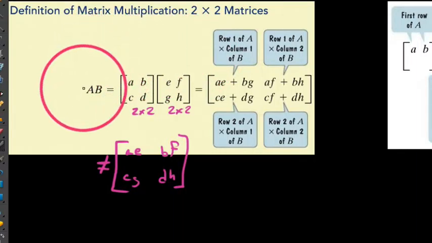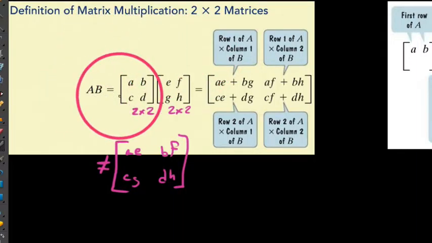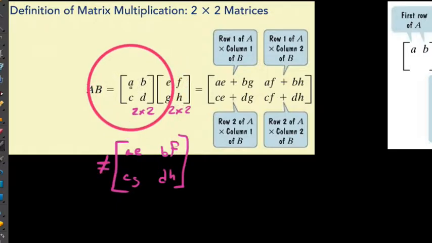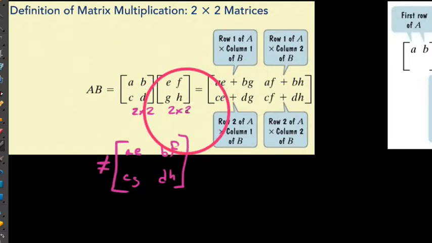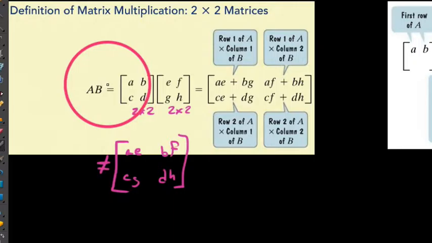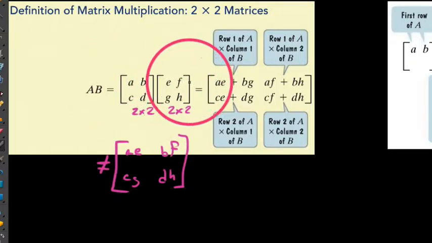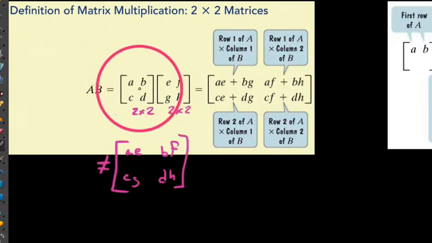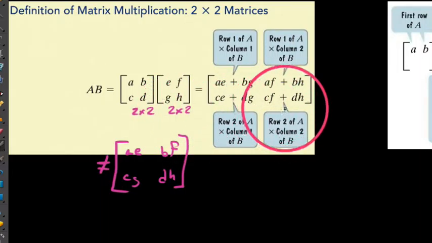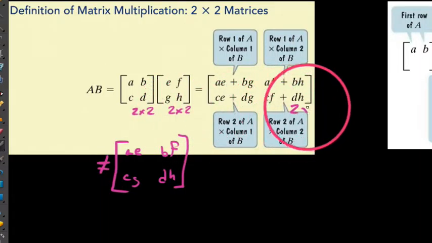Taking a look at this definition, again, we have these two matrices, A and B, that are 2 by 2 matrices, populated with the letters of the alphabet. But what you see by row by column multiplication is simply this. When we talk about what kind of answer we get, in this case, we're taking a 2 by 2 times a 2 by 2, and we'll get into dimension later, but we get this 2 by 2